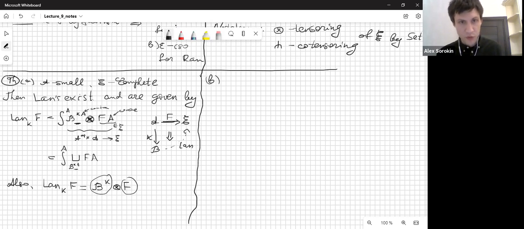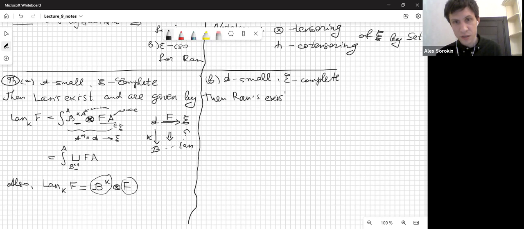Then part B, of course, will be for right Kan extensions. If A is small and E is complete, then right Kan extensions exist and are given by a formula. So Ran K of F is given by hom from B of blank K cotensor F, which is precisely the end over